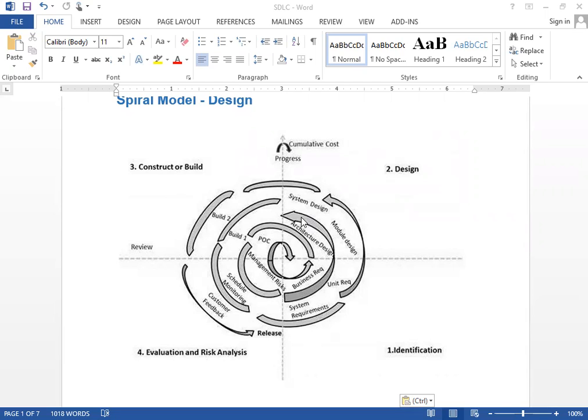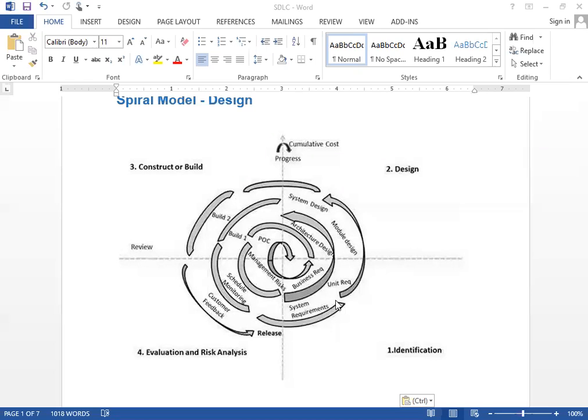In the spiral model, it is assumed that the customer requirements are obtained over multiple iterations, and development also works in multiple iterations. First, some functionality is added, then the product is created and released to the customer.